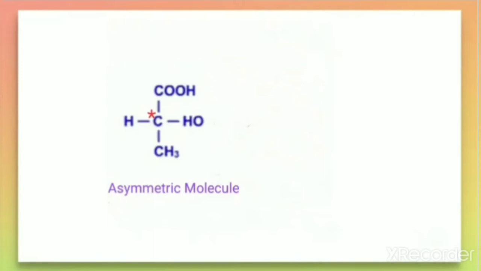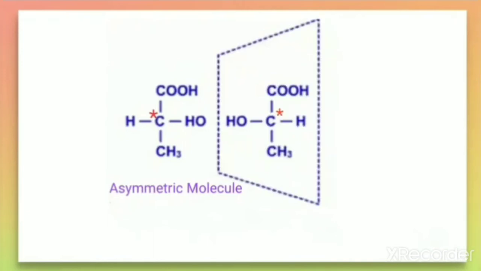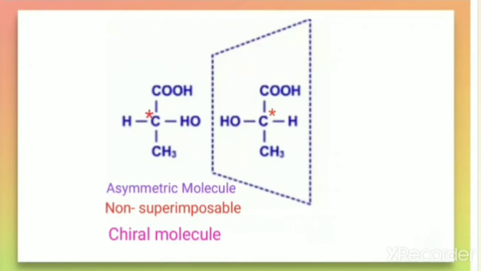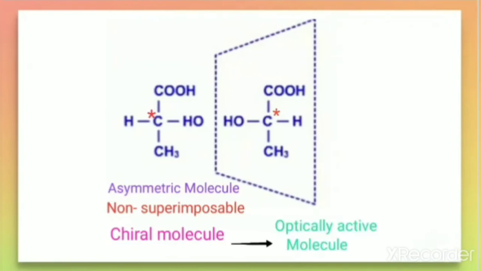When we observe its mirror image, we get the image in this way. From this we can say that the molecule and its mirror image are non-superimposable. Thus, the molecule is called a chiral molecule, and studies observed that chiral molecules show optical activity,